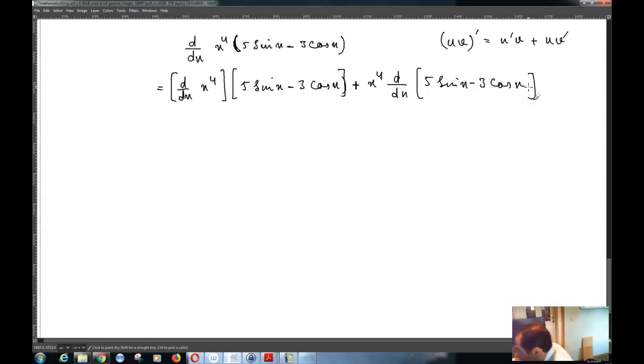So d by dx of x raised to the power 4 is 4 times x raised to the power 3 times 5 times sine x minus 3 times cos x